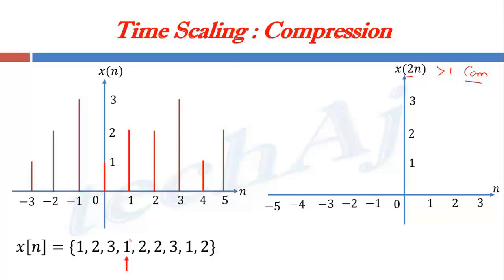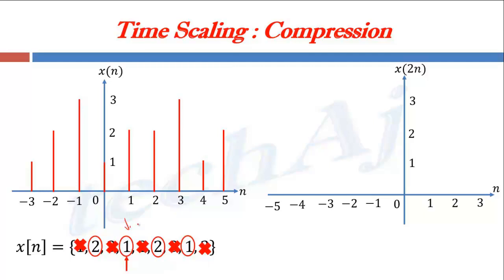Now, how many samples will get removed for this scaling factor of 2? In this case, the 0th element will be kept as it is, and from the 0th element toward the left and toward the right, every second sample will be considered in the final signal. And in between, whichever sample is present will get removed from the scaled signal. That means every second sample from the 0th element will be kept in the scaled signal, and other samples will get removed.